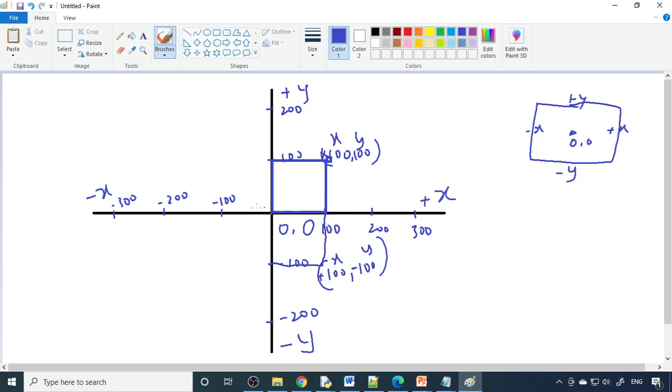So plus is this side, okay. So if you draw a box somewhere here, then this point is minus 100 for x and minus 100 for y. Therefore, any point on screen, if both are positive, will come in this direction. So this is the first coordinate, the first division. If negative y and positive x, it will come to this direction. If both are negative, it will be here. If minus x plus y, it will be there. So this is how the coordinate system works, x and y coordinates. Based on that, you need to plan how to draw.